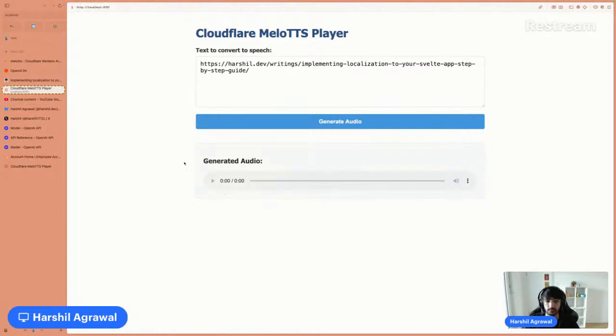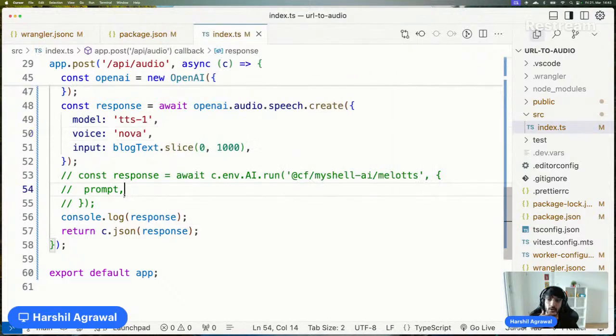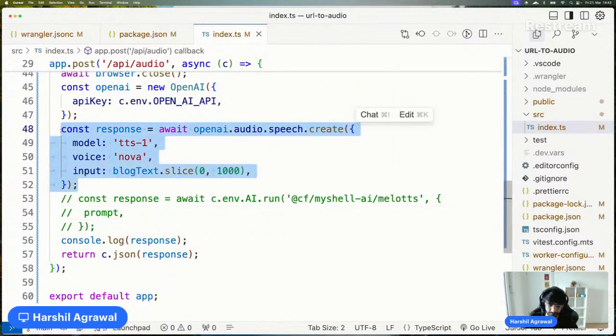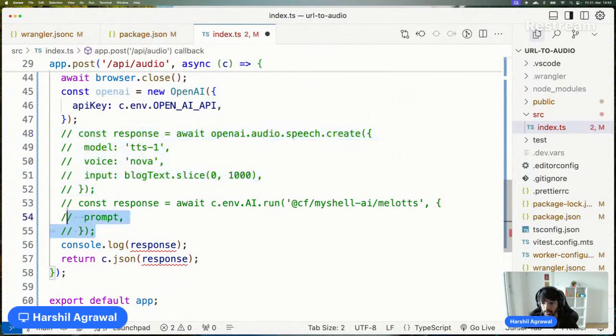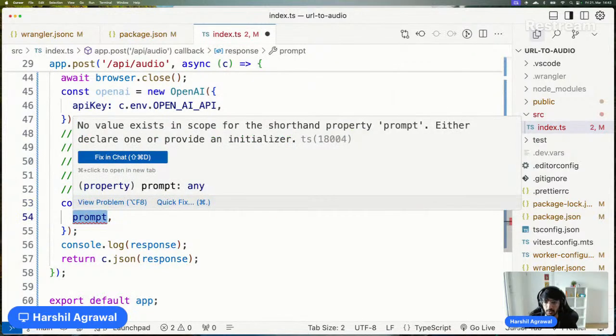Obviously, this is not an audio file. It's not gonna be able to play that. But cool, so we did get a response. The only thing I feel is not working over here is the length. Because if we do the same blog article with the model hosted on Workers,